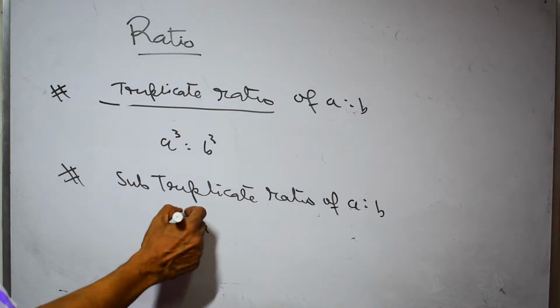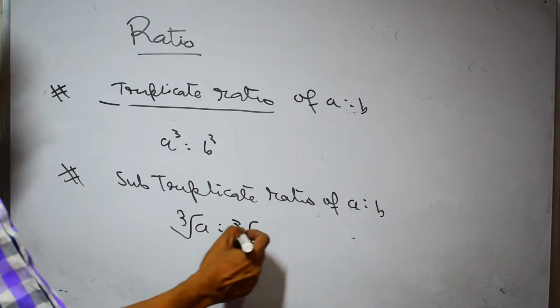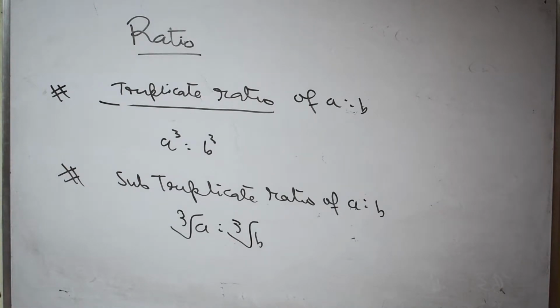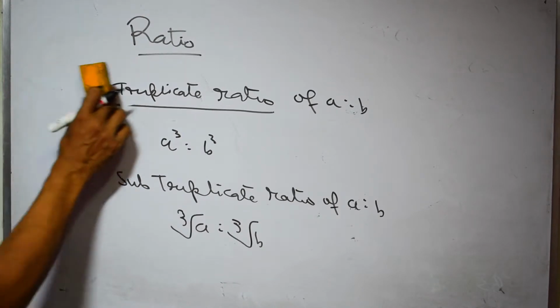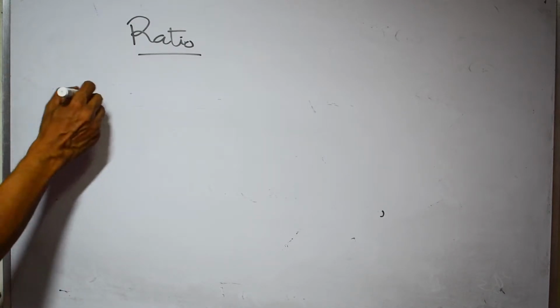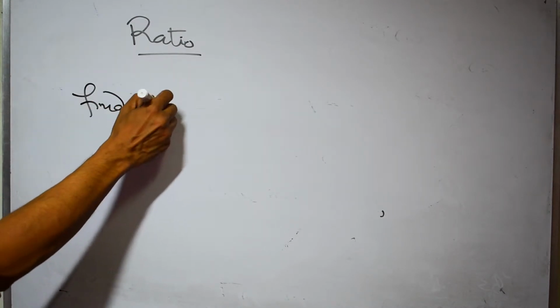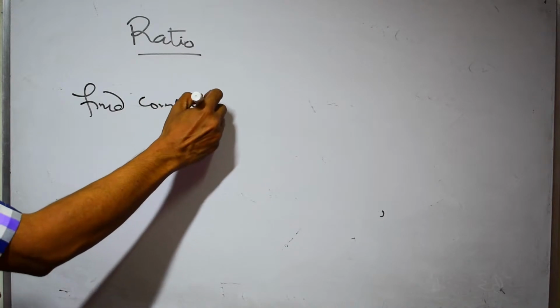Cube root of A is to cube root of B. Therefore, we must learn these basic ideas, how to find the ratios, and then we can calculate. Like one question, we can take an example. The example is compound ratio. Find the compound ratio of